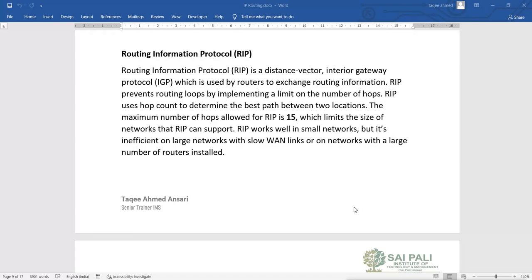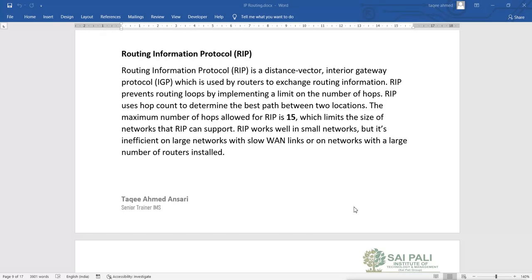On the other hand, we can use dynamic routing. When we use dynamic routing, what that means is that we use some protocols, we use routing protocols. For example, RIP, which is Routing Information Protocol. We can use IGRP, we can use OSPF, EIGRP. So these protocols are used when we do dynamic routing, and in that case the router will find a path by itself. That means this protocol is designed to create the routing table by itself.